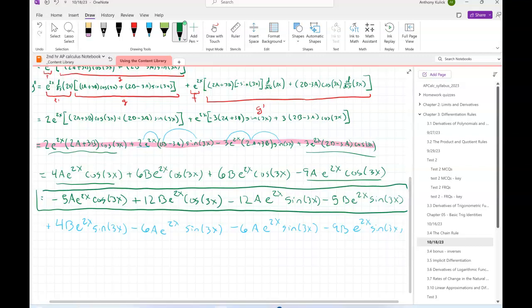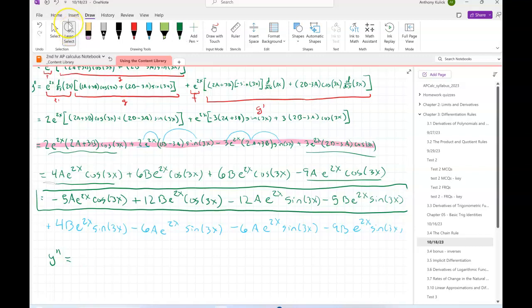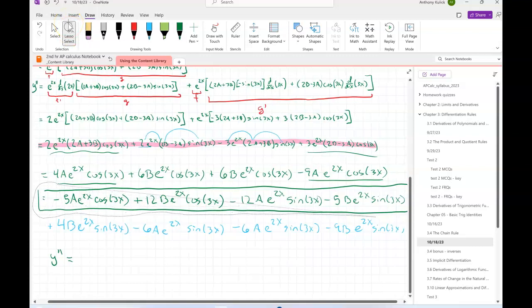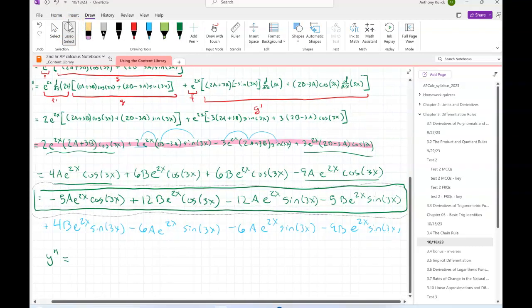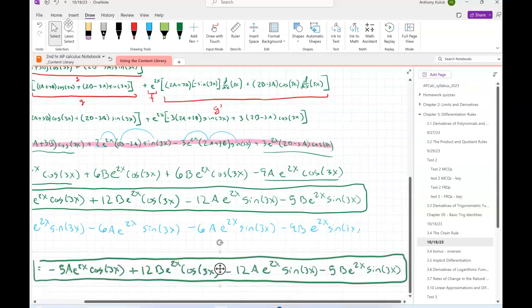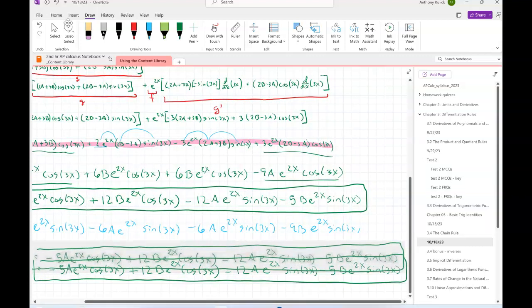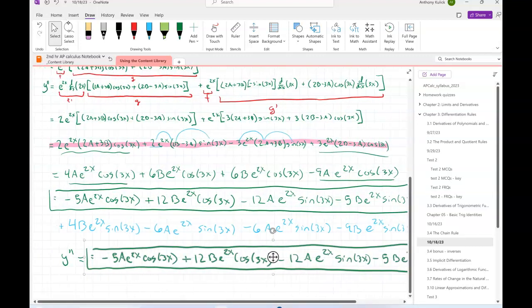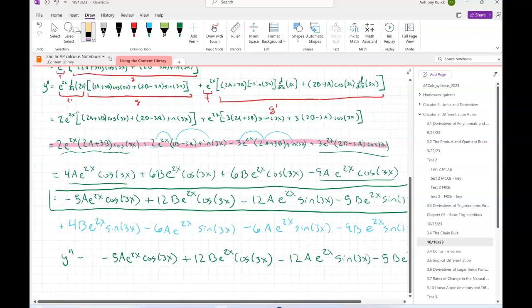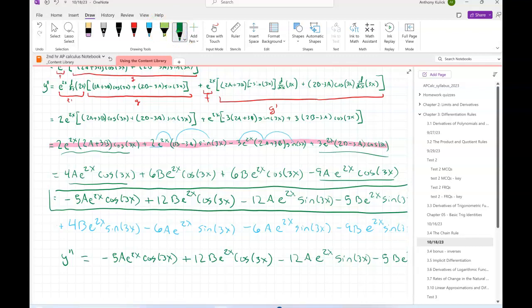So we're going to have y double prime. Come on, look, use your noodle here. You're using OneNote for a reason. Okay. Then we have